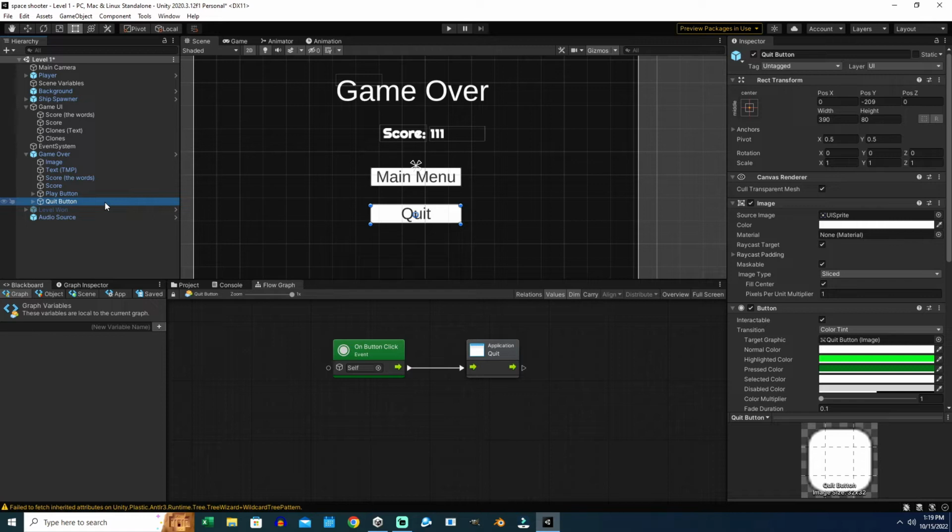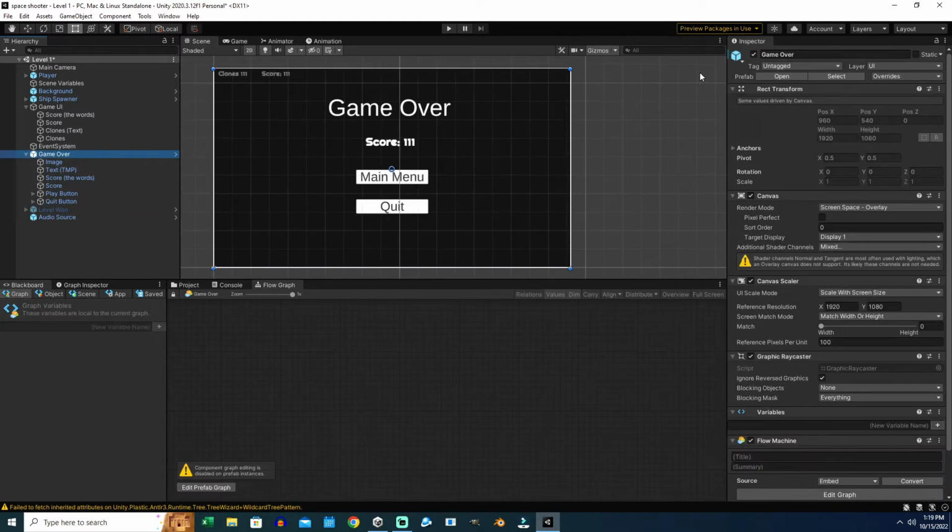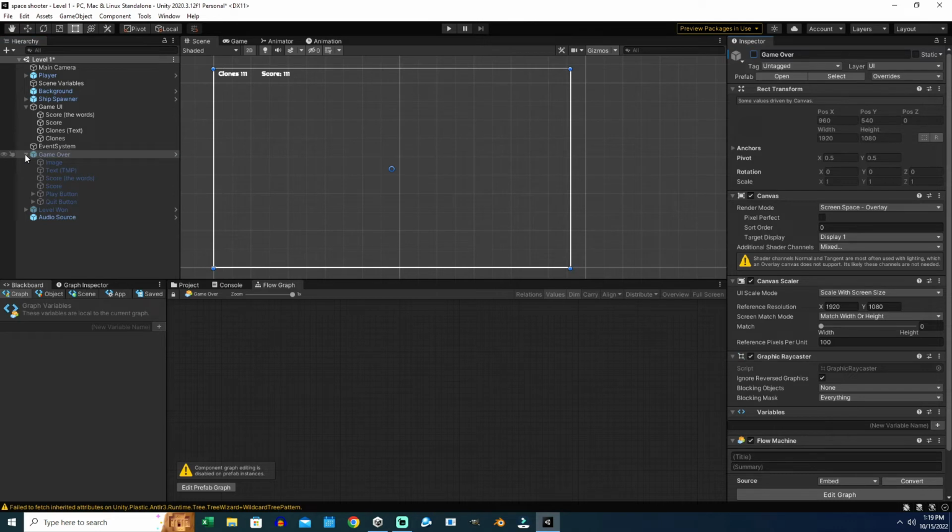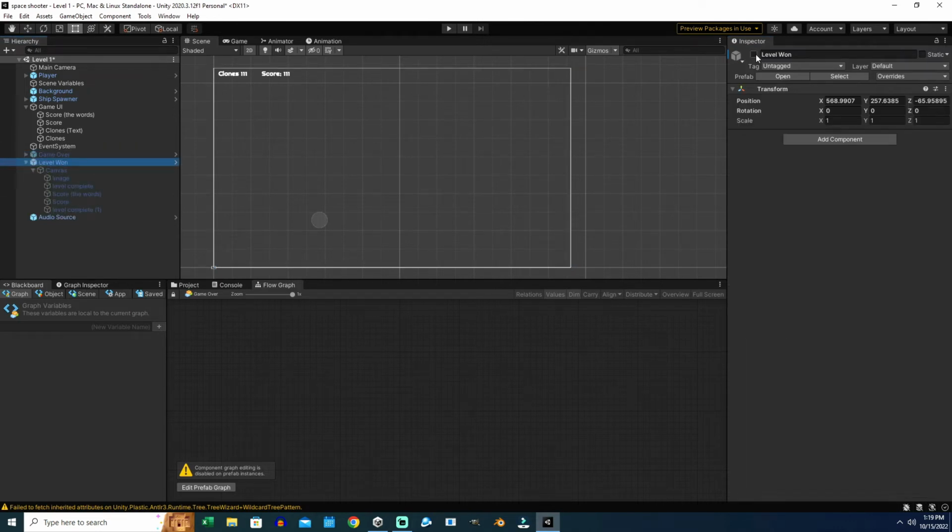This only operates when you export the game and run it as an application. That is the game over UI, and this executes when called. We'll go over how they're called in just a minute. We'll go ahead and kill the visibility there, and then we'll look at this level one, but level completed UI